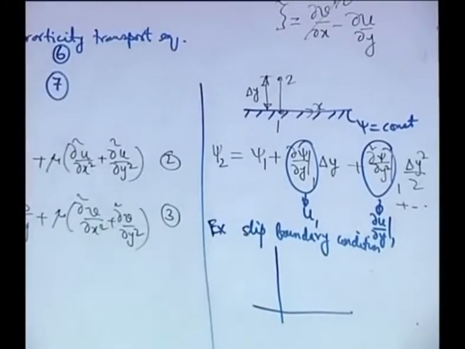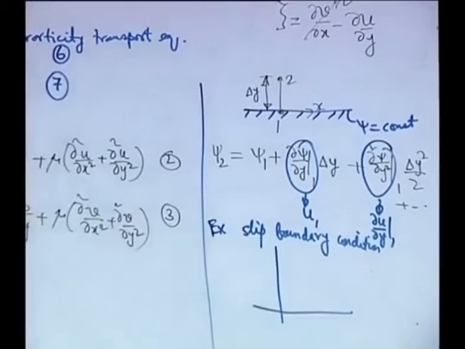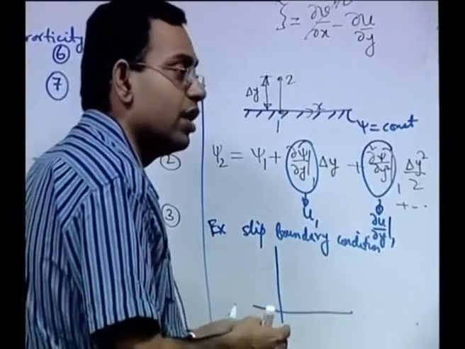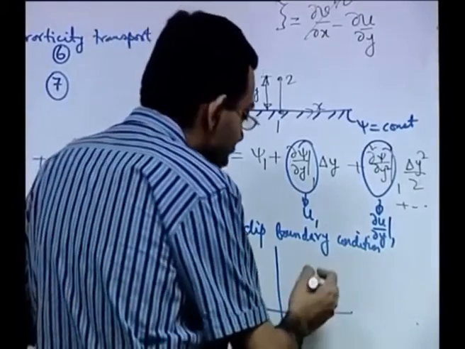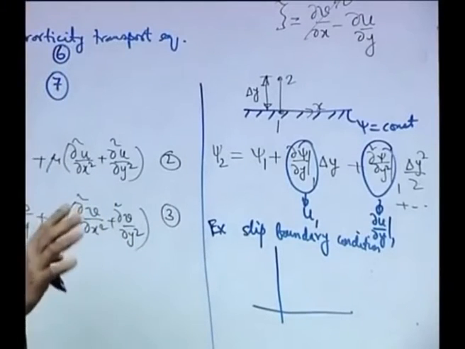The slip boundary condition may be possible because of different physical reasons. We will not go into all those physical reasons here, this is not in this particular numerical modeling scope, but we will just consider that there is some physical mechanism by which no slip boundary condition may be violated at